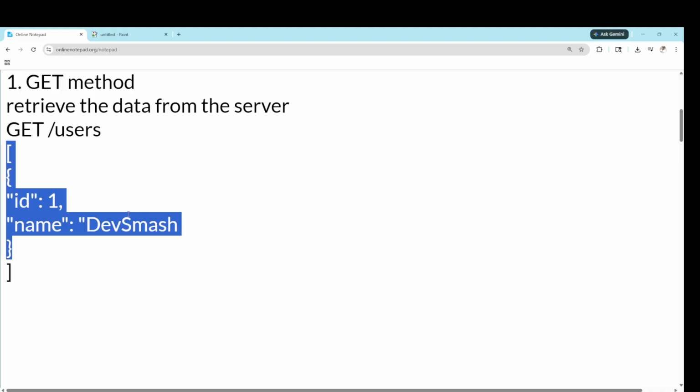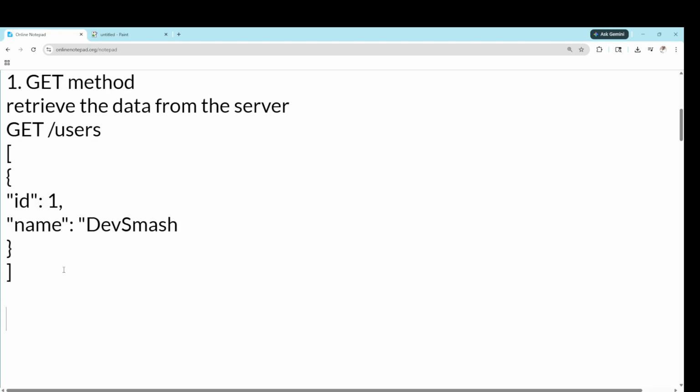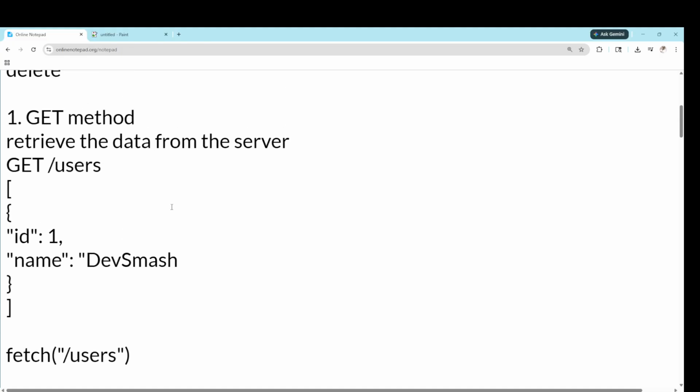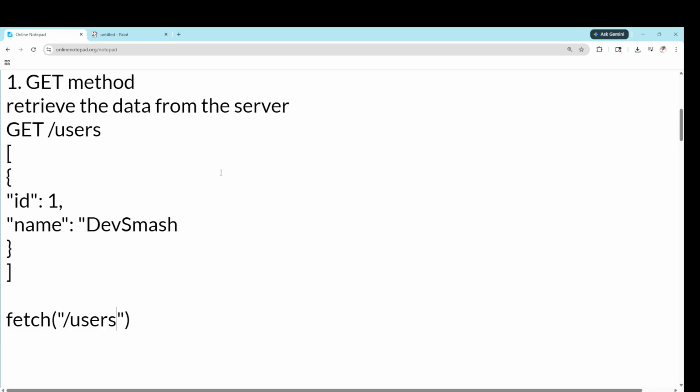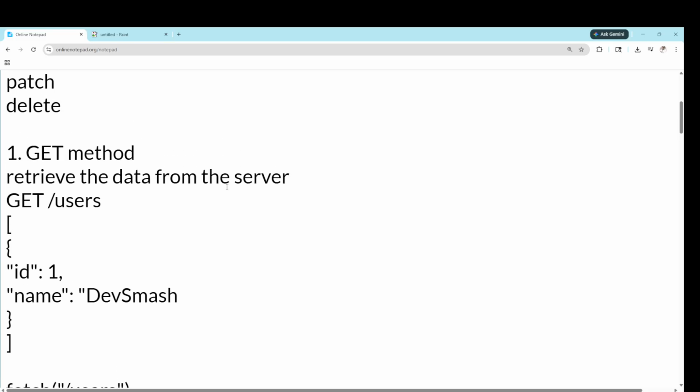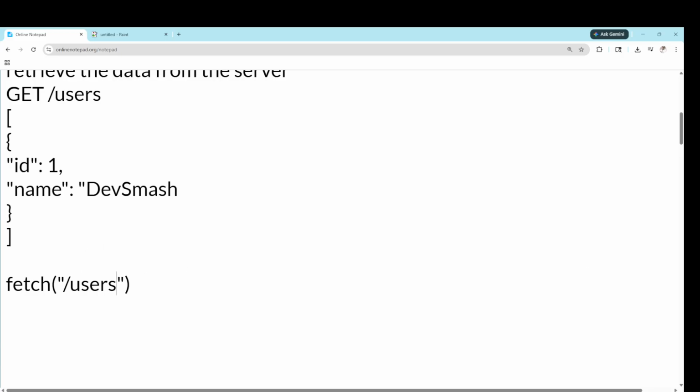In the last video we saw how the fetch API works, right? So I will show you an example for fetch, and then you can put your URL or whatever. I'm just typing the endpoint: fetch users. So this is a get request. This is how a get request will bring the data. And one more thing, it is not supposed to modify anything on the server, anything in the data. This is the main thing.